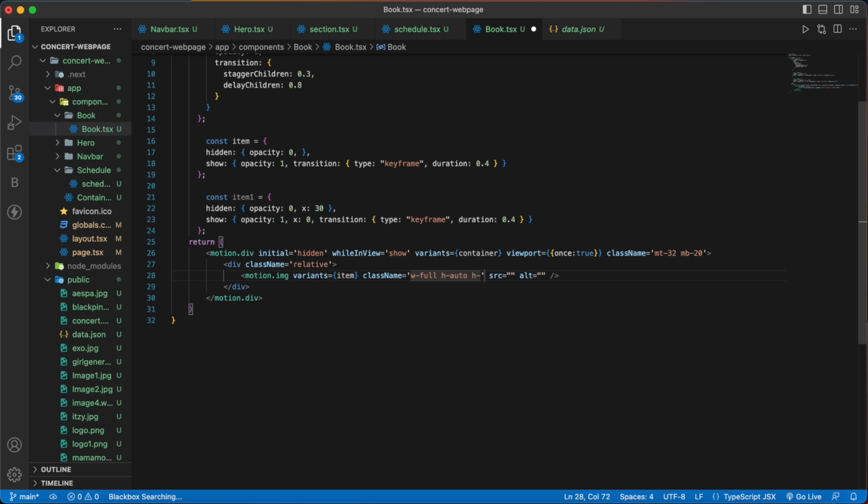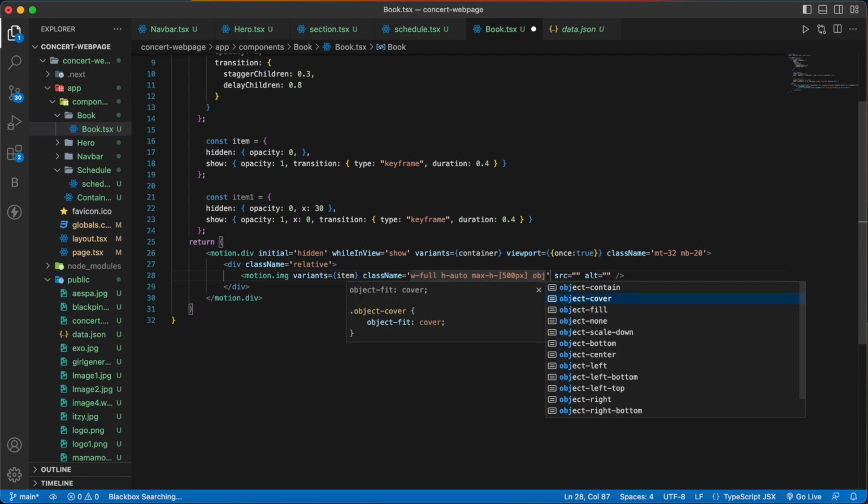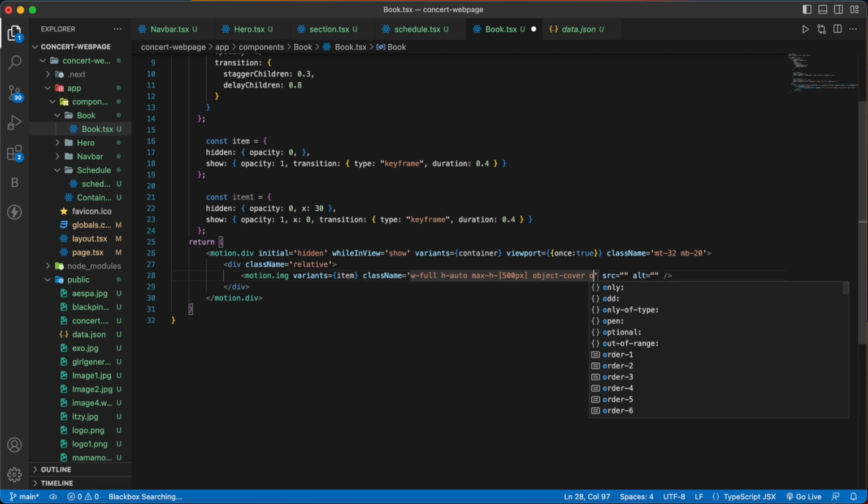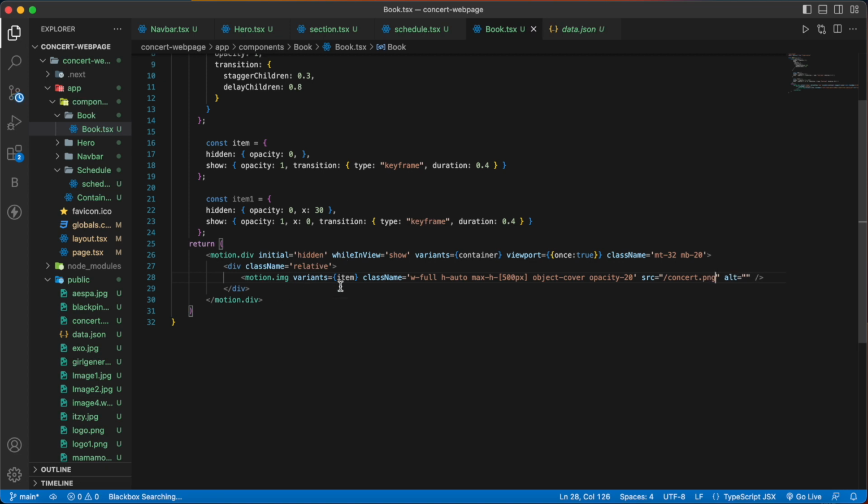h, max h 500 pixels, then object cover, opacity of 20, and then src will be concert.png. Then let's save it, and in the next line we are going to write